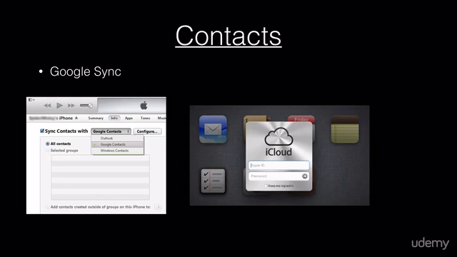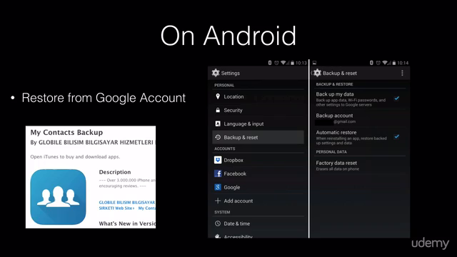iCloud also offers, again, the export vCard solution. So you can go to iCloud.com, use your Apple ID, sign in, and export your contacts that way. And last but not least, manually, of course, that's a little bit tedious, but you can just copy your contacts over manually. And on the Android end of things, once you're on Android, you'd simply restore from your